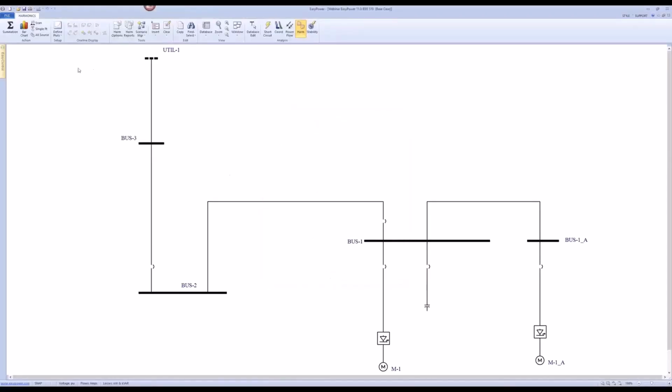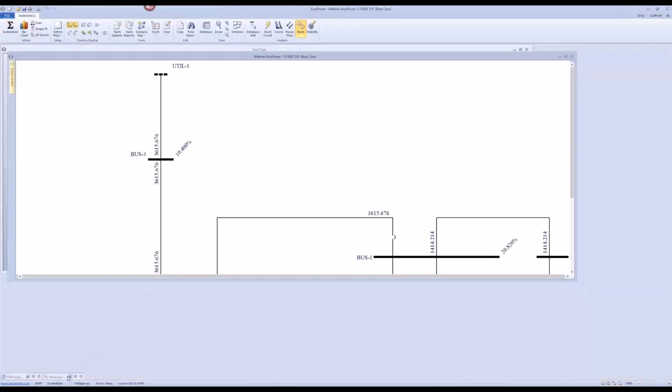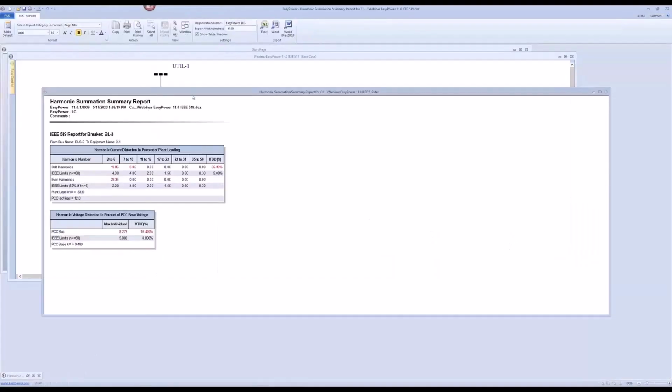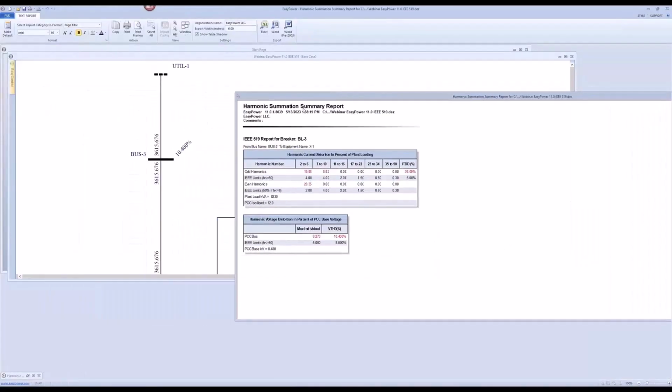Okay, so click on OK. Solve again, click on summary. Now let's go back to the result. This is the summation summary report, which includes IEEE 519. You can see that I have introduced fifth and second, between 2 to 6. I have introduced fifth order and second order. Now the maximum odd harmonic I received is